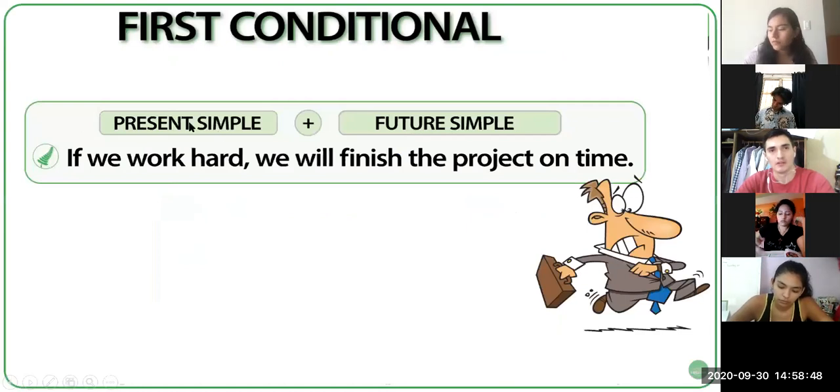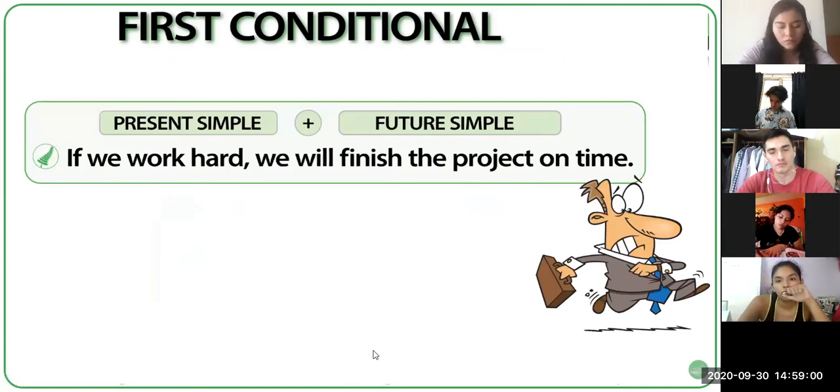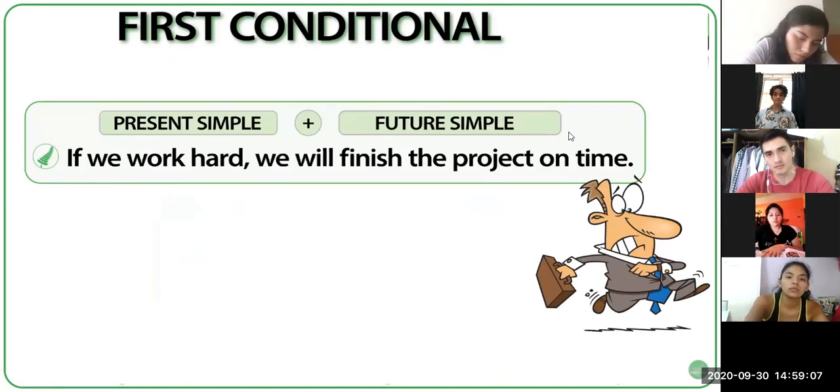We have the present simple in the condition or the situation, and we have the future simple in the result, as the sentences that we have in your book. If we work hard, we will finish the project on time.